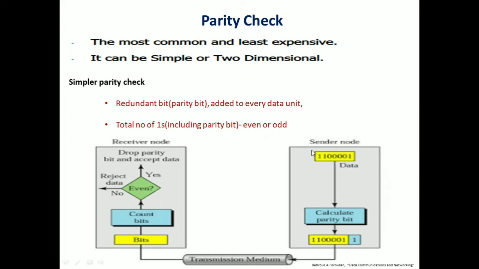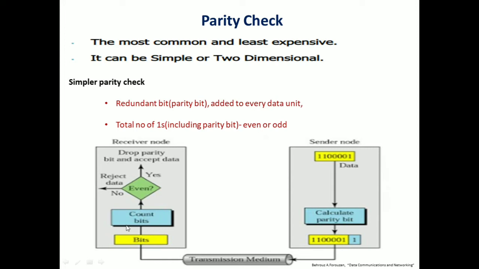So here how many ones are there? 1, 2 and 3. This is 3 ones, meaning we have an odd number of ones. So if we are following even parity, we have to add another 1 here. For this reason we have added a parity bit 1 here. Now it is sent through the transmission medium. Now the same bits will be given to the receiver.